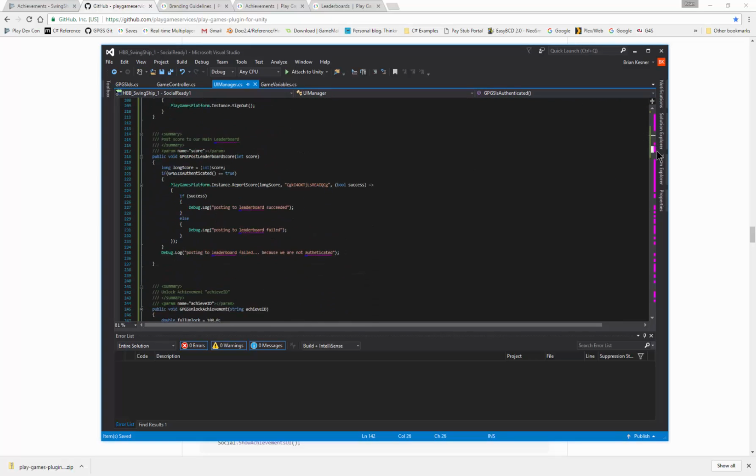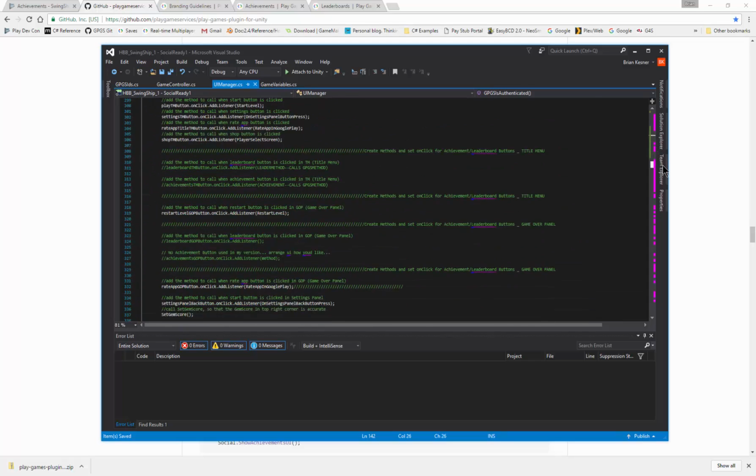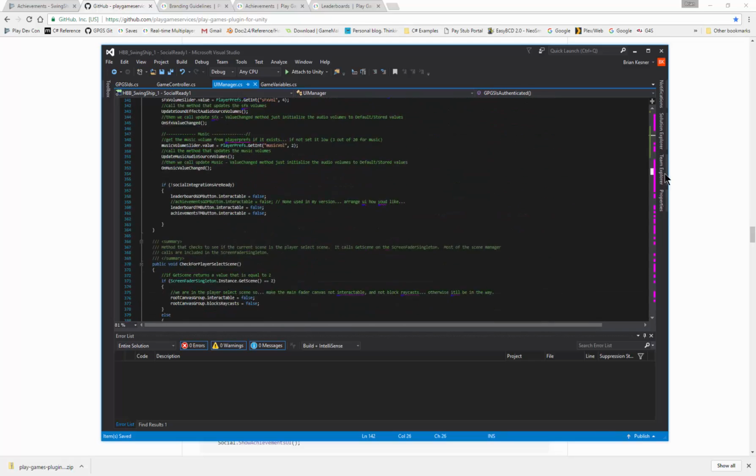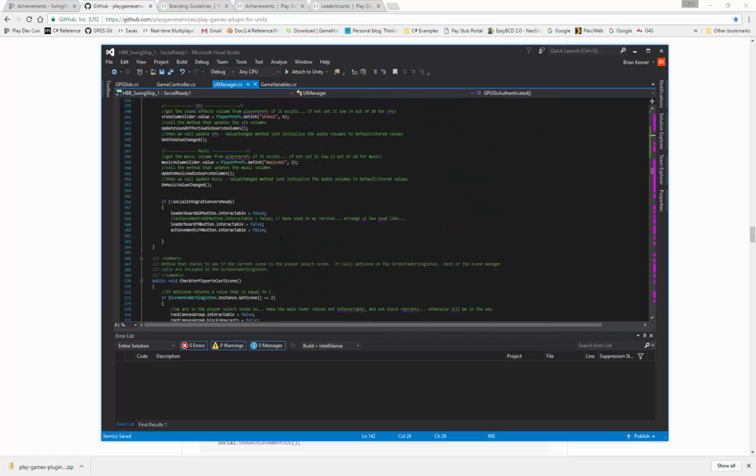So we will at least get them hooked up to the appropriate method calls, and then we can change when they're active and when they're not active. So by default we're going to make them active all the time, at least as we're doing this first minimalist approach here, just the basic